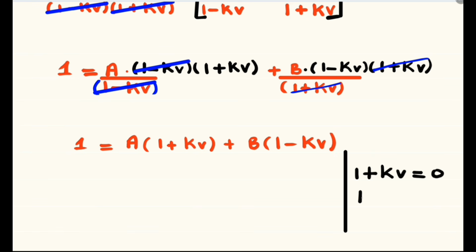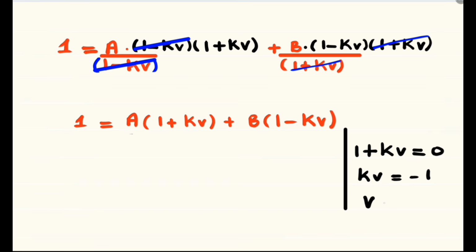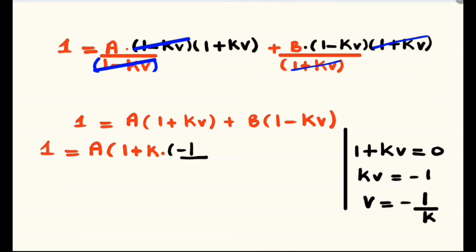So we solve for v, so kv will be equal to, we take the 1 to the right and we divide both sides by k, and v will be equal to negative 1 divided by k. We have 1 is equal to a multiplied by 1 plus kv. In the place of the v, we substitute negative 1 divided by k